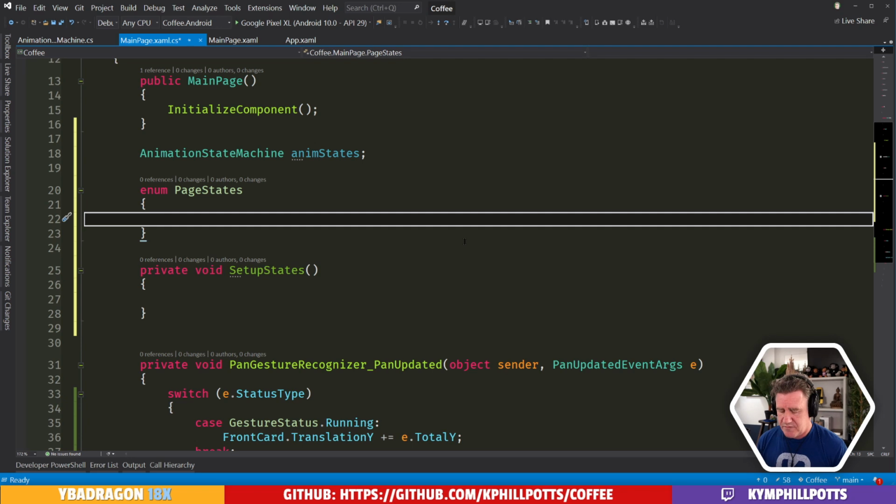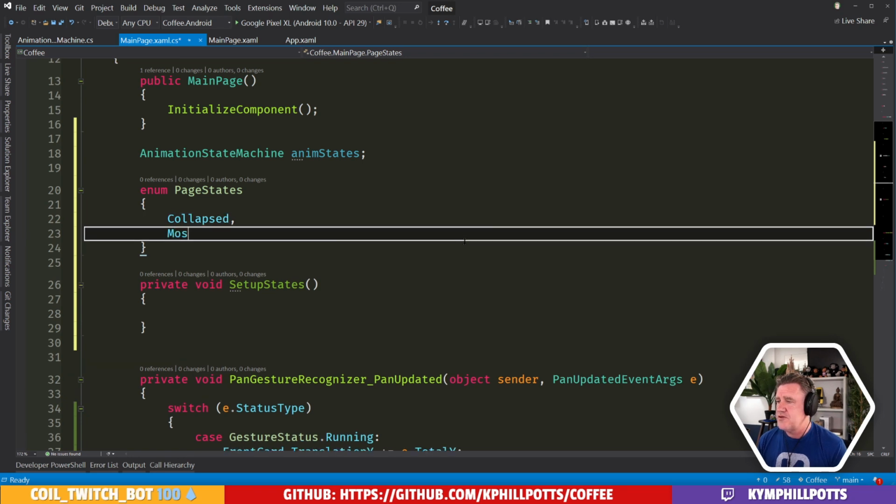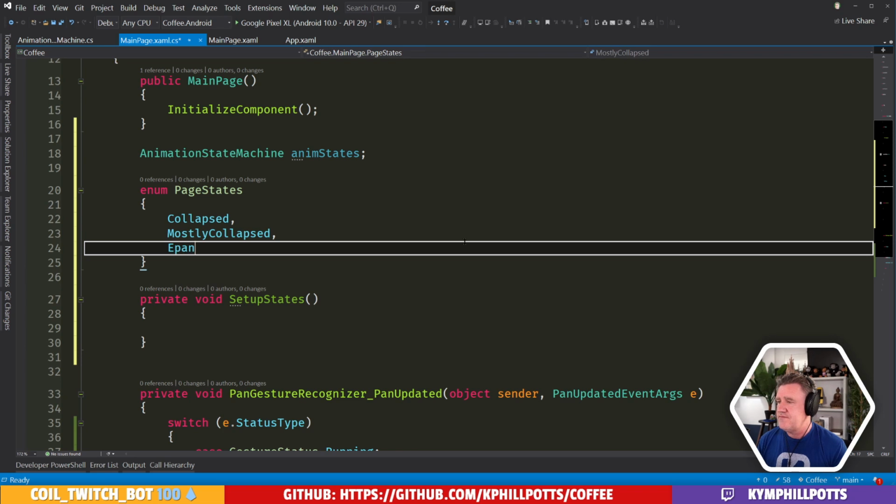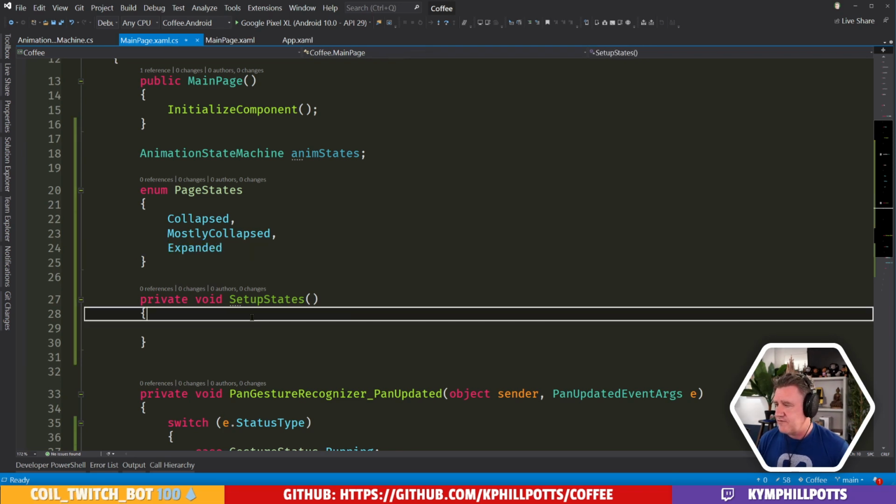So we've got 3 states. We've got collapsed. Let's try that. We've got mostly collapsed, and then we've got expanded, maybe. They're terrible names, and I'll have to come up with different ones. But